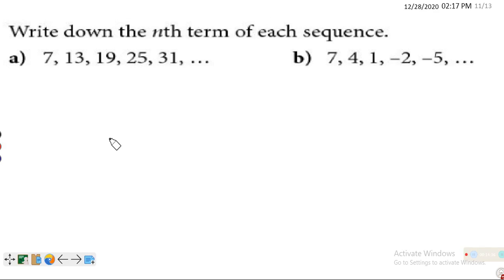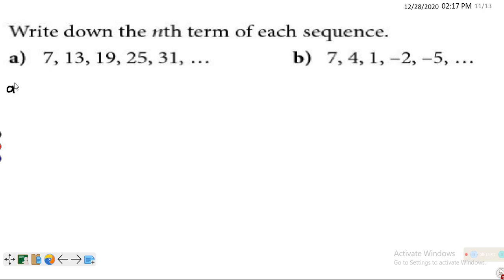Write down the nth term of each of the following sequences. Now if you have the sequence, how do you find the nth term? That is our next thing here. Listen carefully. The sequence we have here,